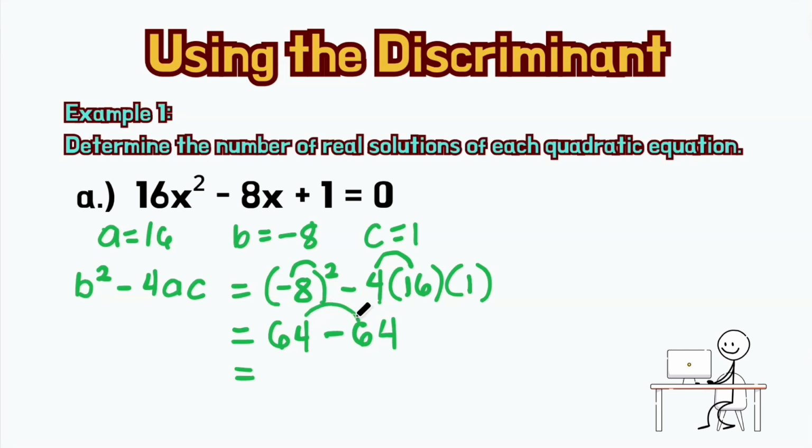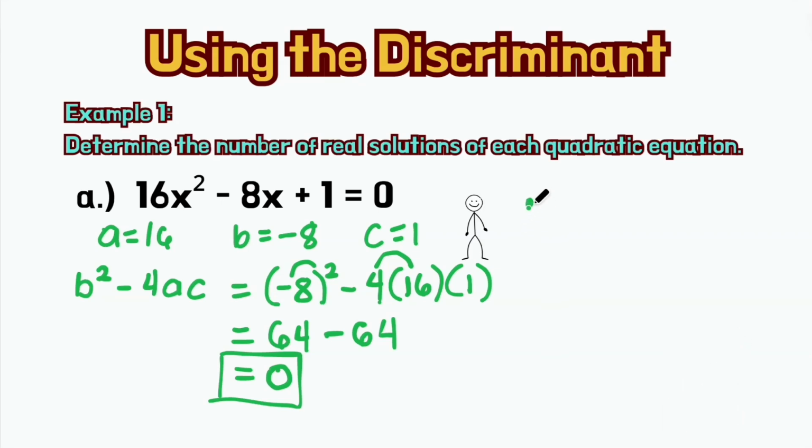And we get to simplify this one. 64 minus 64 is 0. So the discriminant would be equal to 0. Now, what is our final analysis here? Because the discriminant, let me use this symbol for "because," okay? Because the discriminant,